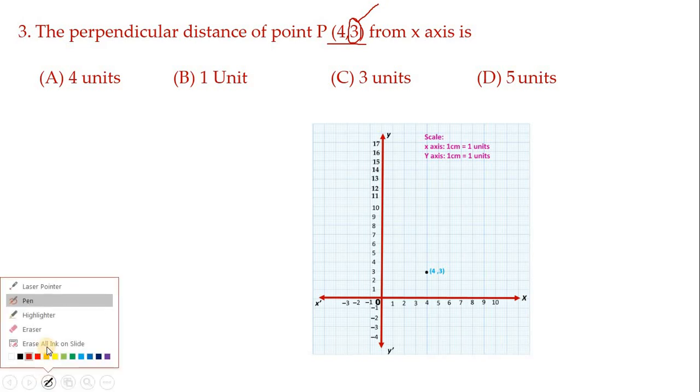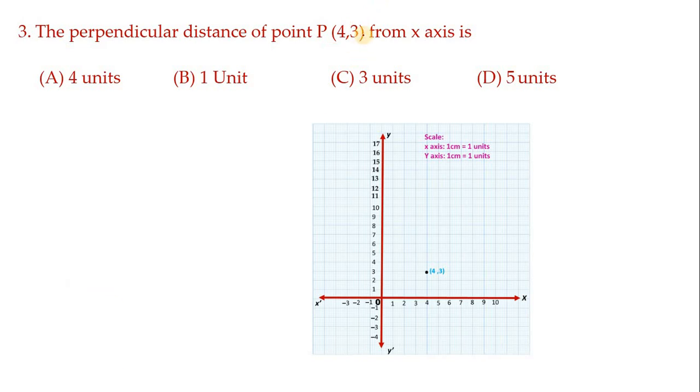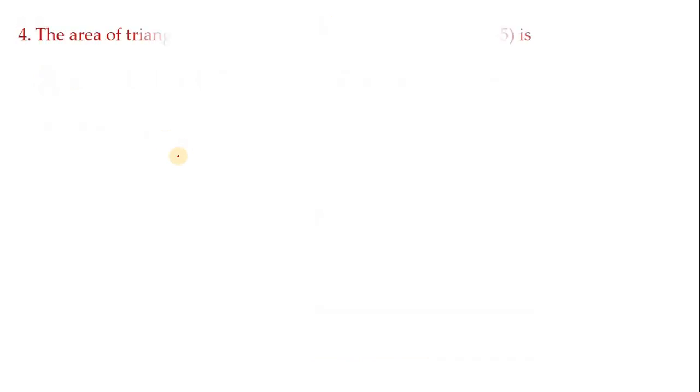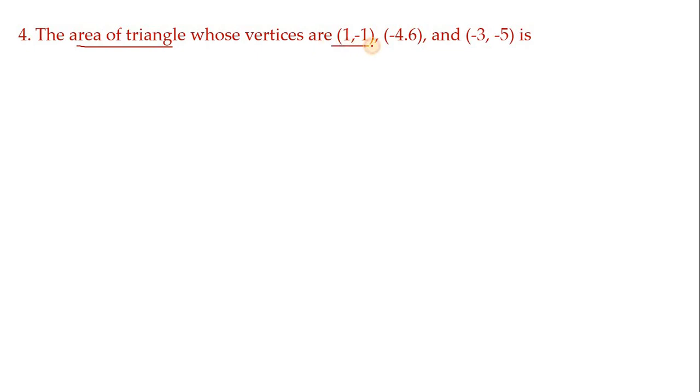In case they ask for the distance from the y-axis, how far it is, in that case you have to write the x value. That is a very important thing you want to keep in mind. Hence, option C is correct. Move on to the next one. The area of the triangle whose vertices are (1, -1), (-4, 6), (-3, -5) is...